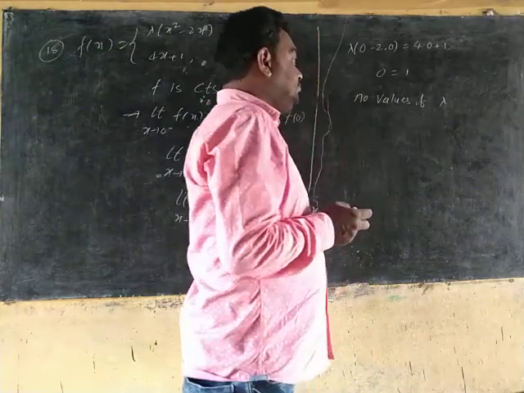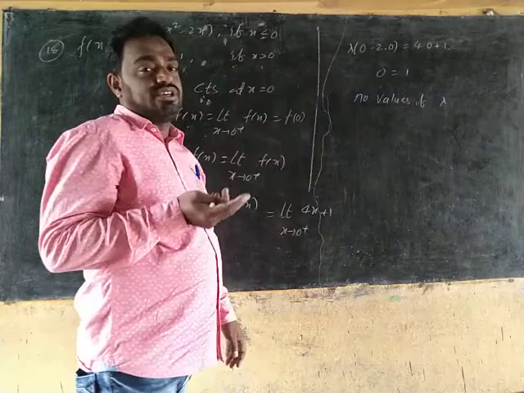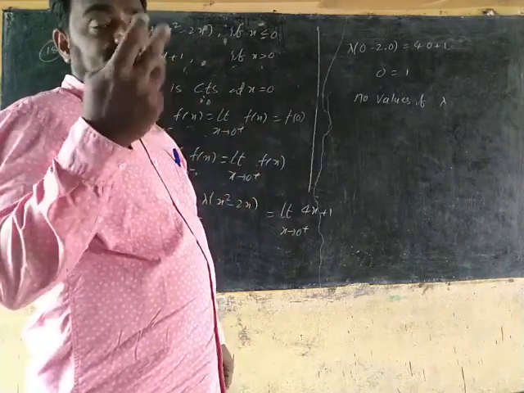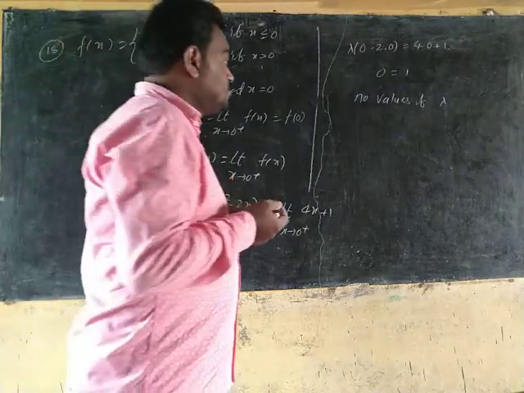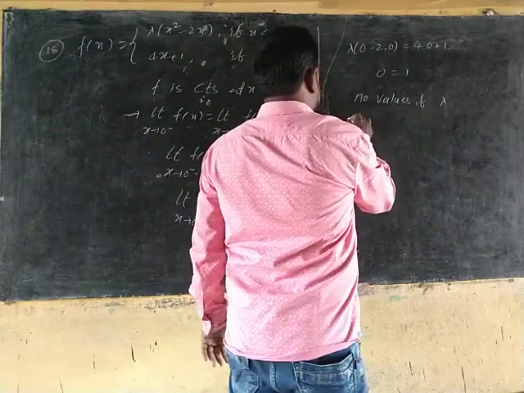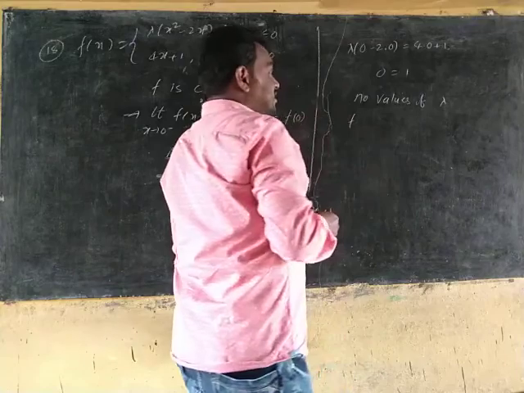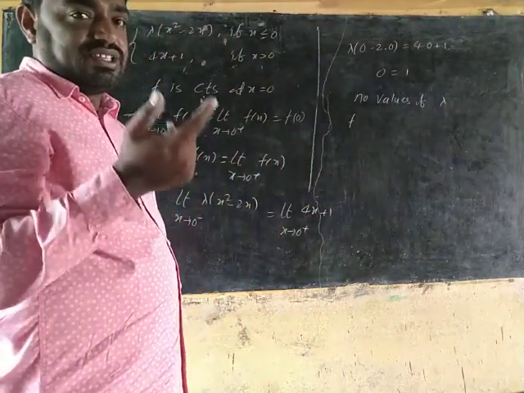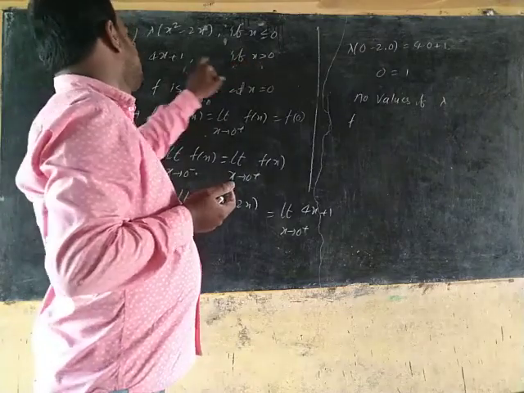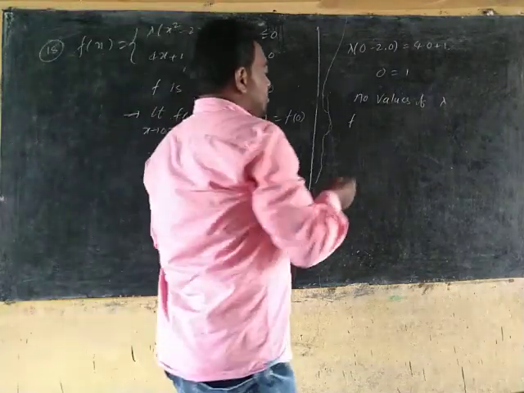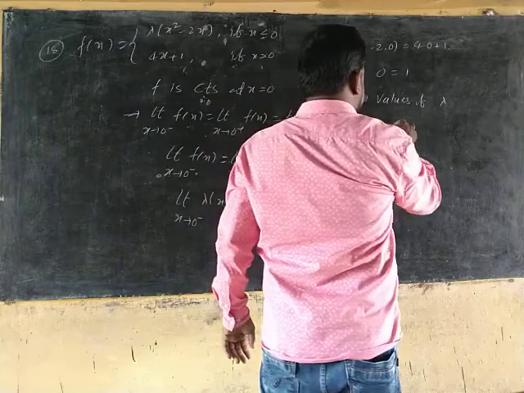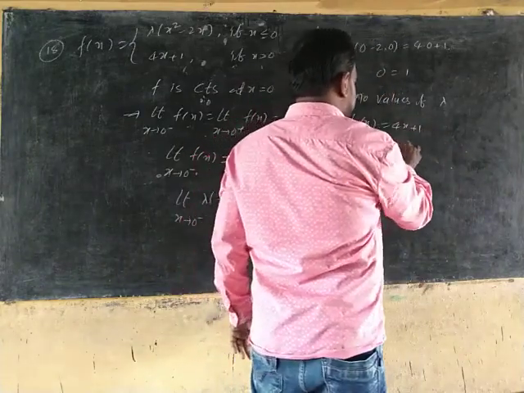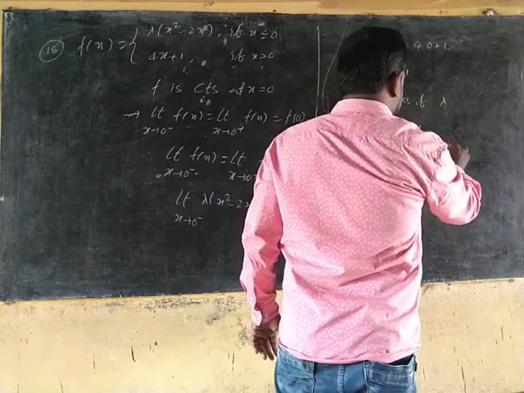Next, what do we have in the question? Is it continuous at x equals 1? So you find the limit as x tends to 1 and f of 1. 1 is greater than 0. So when x is greater than 0, f of x is defined as 4x plus 1 only. You find f of 1 equals 4 into 1 plus 1, that is 4 plus 1,